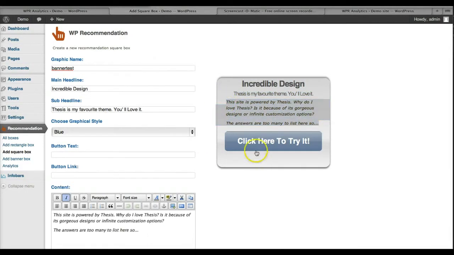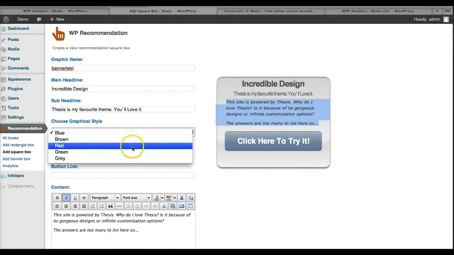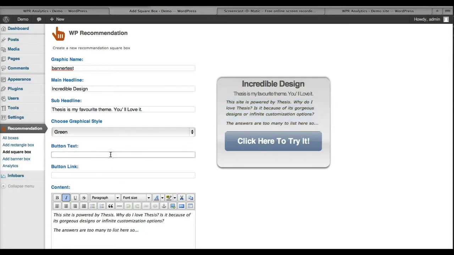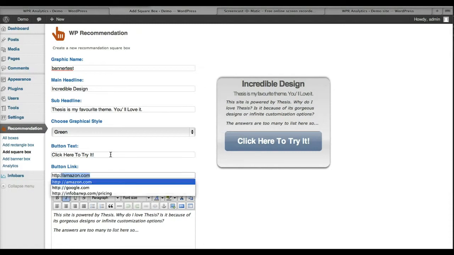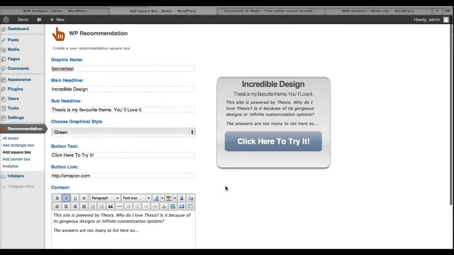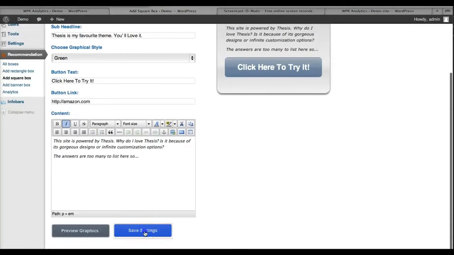That's my content, and graphical style I could put green, button text, click here to try it, and button link http amazon.com. Okay, so you can customize this the way you want, and when you're done just click on Save Settings.